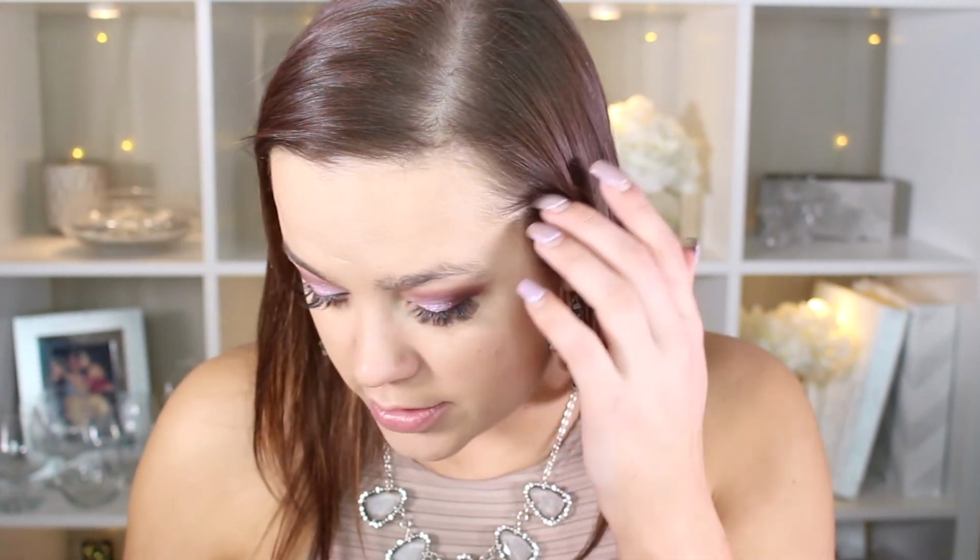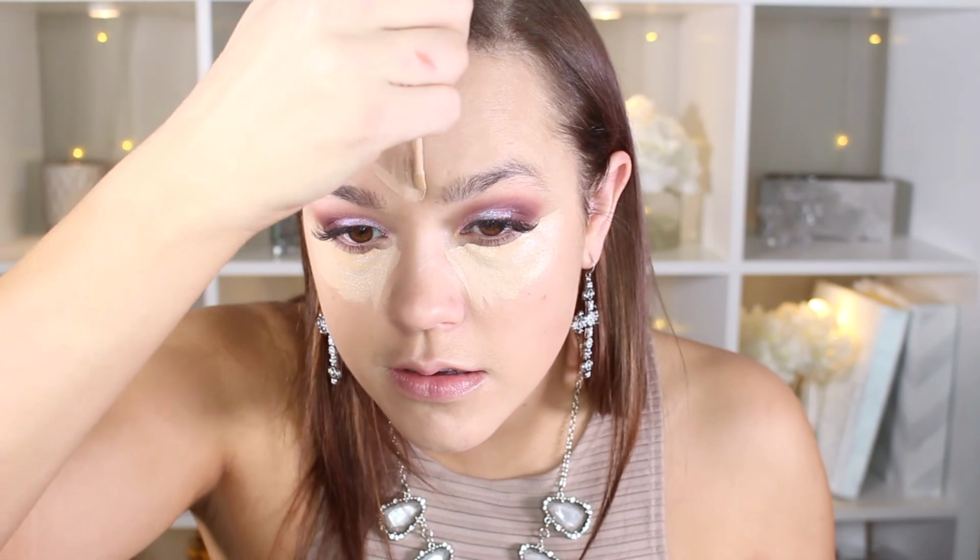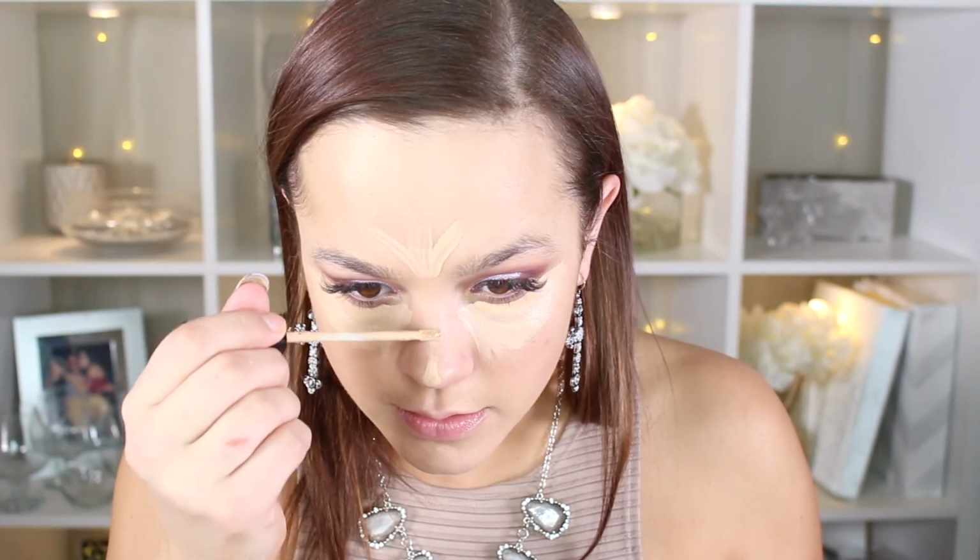I'm gonna do under eye concealer, so I'm going to stick with my Morphe one. I'm gonna be using the Maybelline Fit Me concealer in light and just make a V under the eye and the forehead, on the nose. If you want to watch a very informative instructional tutorial on how to contour and highlight, I will link it below